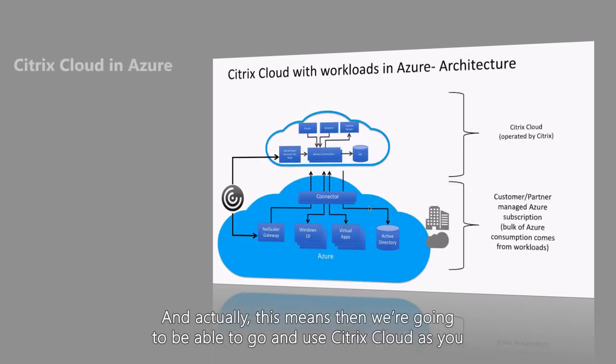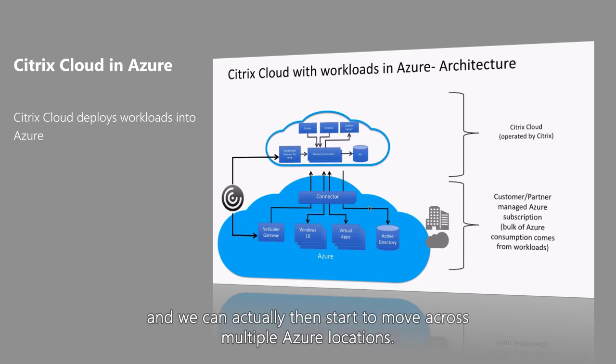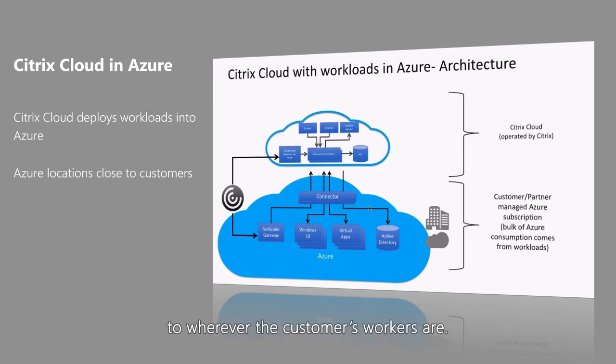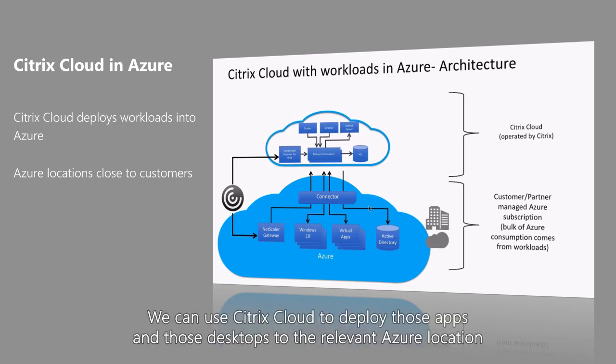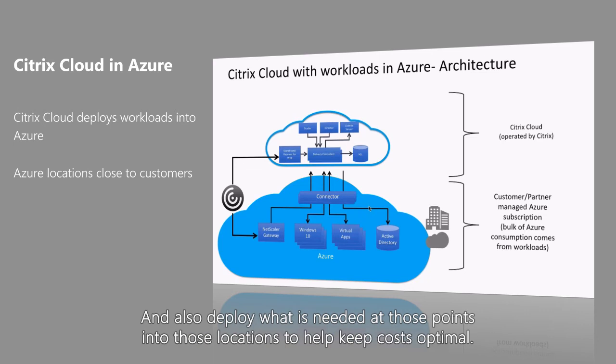And this means we're going to be able to use Citrix Cloud, as you can see here, to deploy those workloads into Azure, to manage those workloads in Azure, and we can start to then move across multiple Azure locations. As Tom said earlier, they have the breadth and the reach to have Azure locations close to wherever your or the customer's workers are. So it means we can deploy those workloads, those apps, all those desktops to where they need to be to give the user the best experience. Whether you've got users in Europe, in the US, or in Asia, we can use Citrix Cloud to deploy those apps and those desktops to the relevant Azure location closest to those users, and also deploy what is needed at those points into those locations